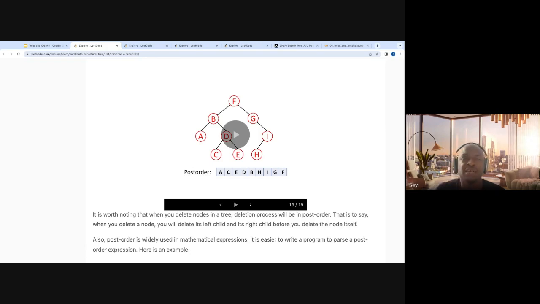Now, so this is the thing, right? There are many ways you can do this traversal. You can do it root, left, right. You can do it left, root, right. You can do it left, right, root. You can invert it and say right, root, left. It doesn't matter. Just understanding how the traversal works is more important than what post order is and what in